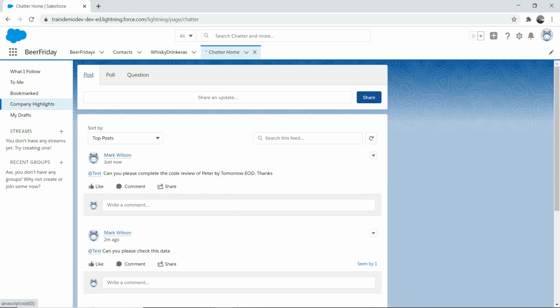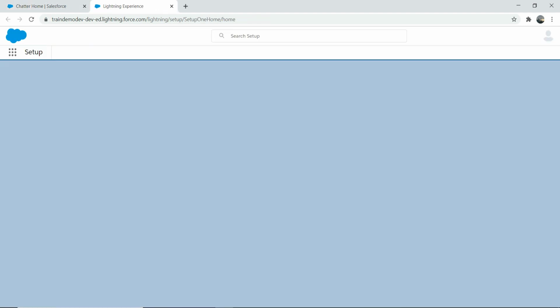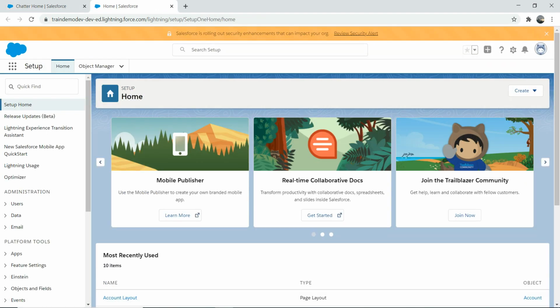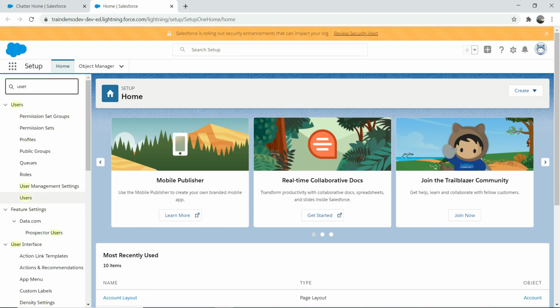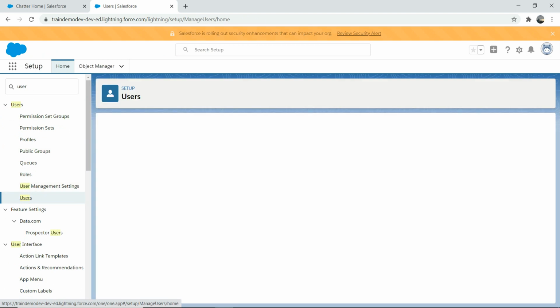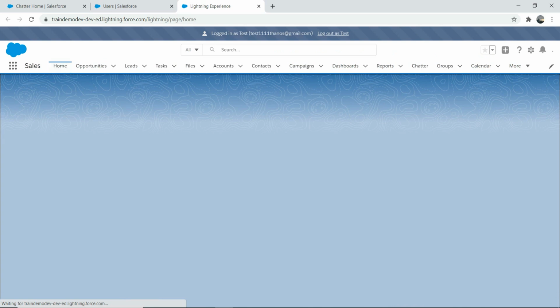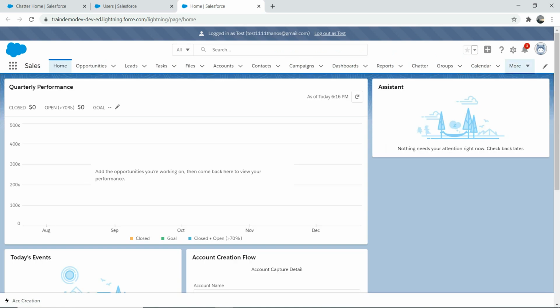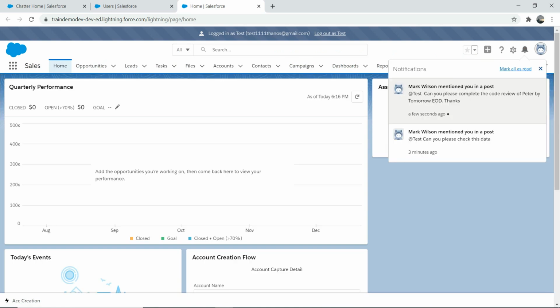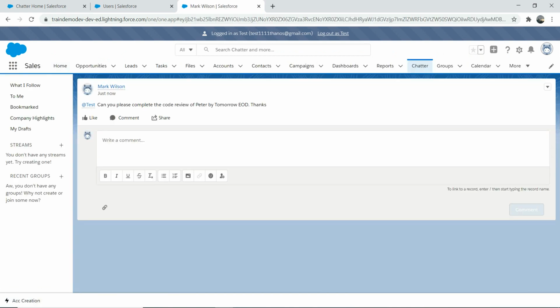I can see it. Now, let me log in as test to see how I get this message. So we're gonna go back to setup again, and then we're gonna go to users, and let me try to log in as test. Log in as a user. There you are. You got a message here. You can see, can you please complete